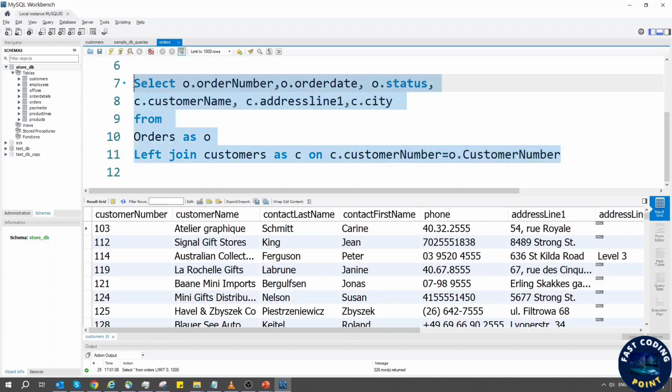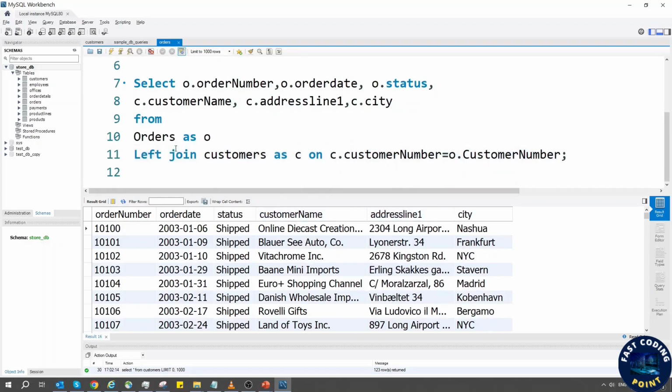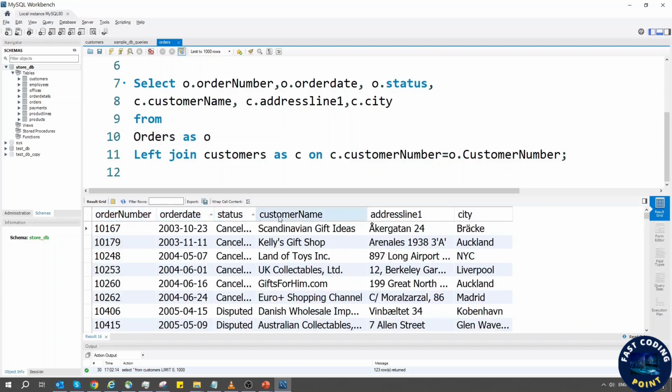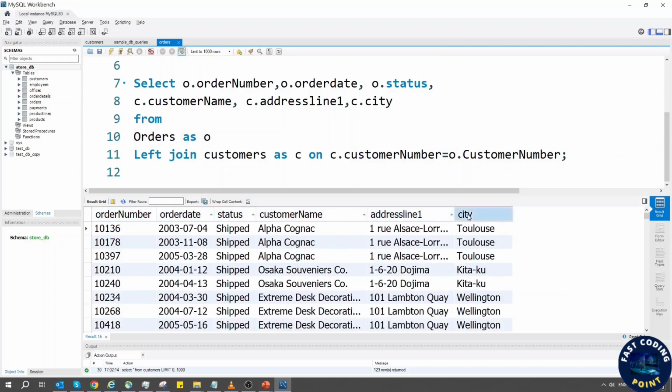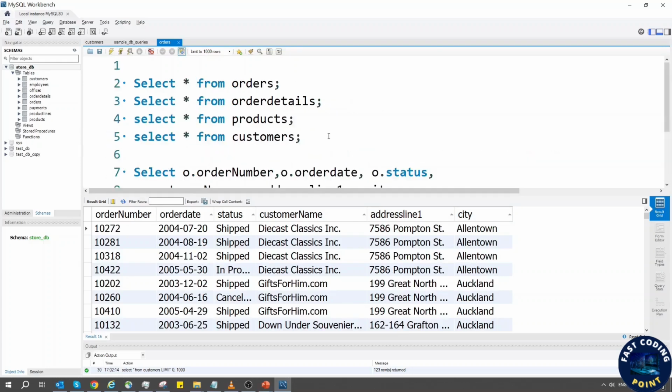So let's see if this query is working or not. Here you can see this query is working perfectly. Currently we have joined one table with the other table. The orders have been joined with the customer. So this is the order number, order date, status, and customer name, address, city. Now the data is being fetched from these two tables,